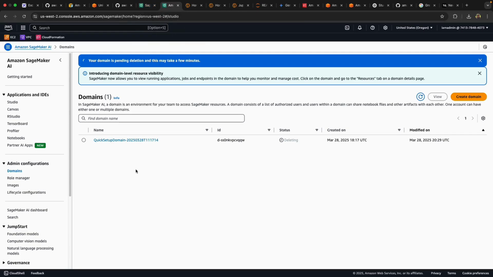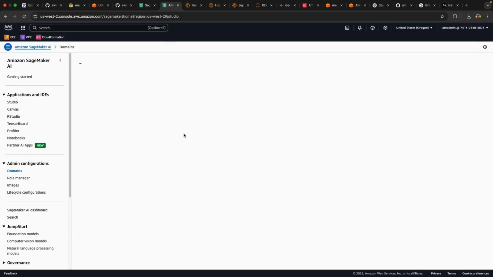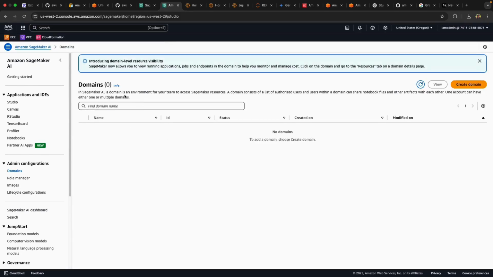It might take some time, so let's just wait. But one last thing that you need to do is just refresh the page, and you shouldn't see anything listed under domains. Yeah, it's 0 right now, so all good. So that's the 3-step cleanup process that you need to do.